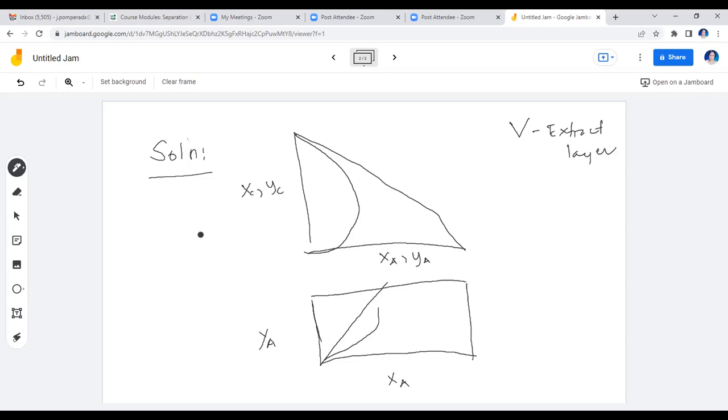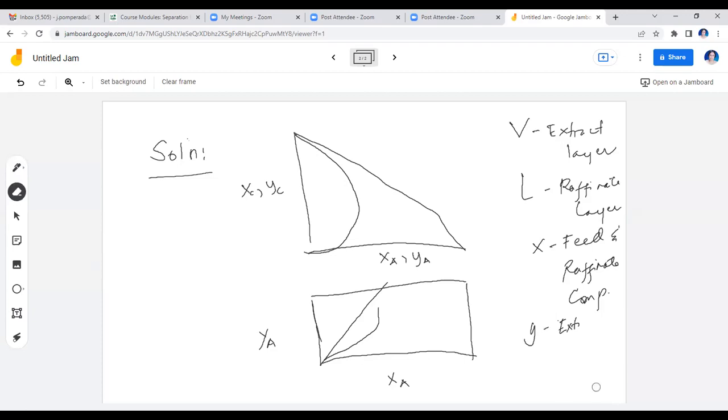layer and L as the raffinate layer. X for feed and raffinate composition, and Y for solvent and extract, so that it would be easy to follow. Extract composition. Okay, so it's the same actually diagram that I have shown to you a while ago for acetic